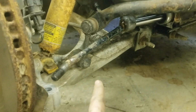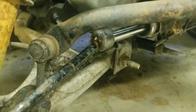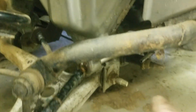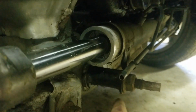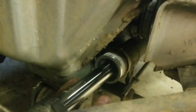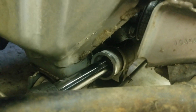So we're getting some progress here. Got the boot and everything off of it. Looks like I'll be able to get the pipe wrench on here. The only thing I noticed is I think from the hit, this bracket that basically mounts the power steering rack itself, I think is bent back a little bit. See, it's extremely close to this edge back here, even where the boot that goes around it was